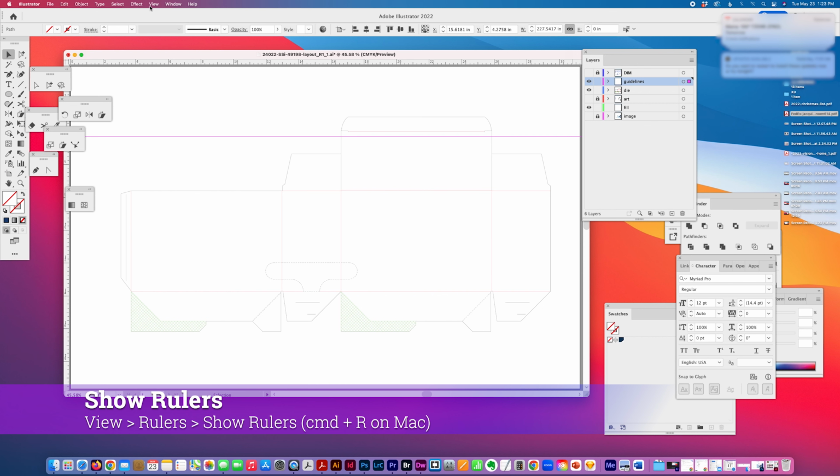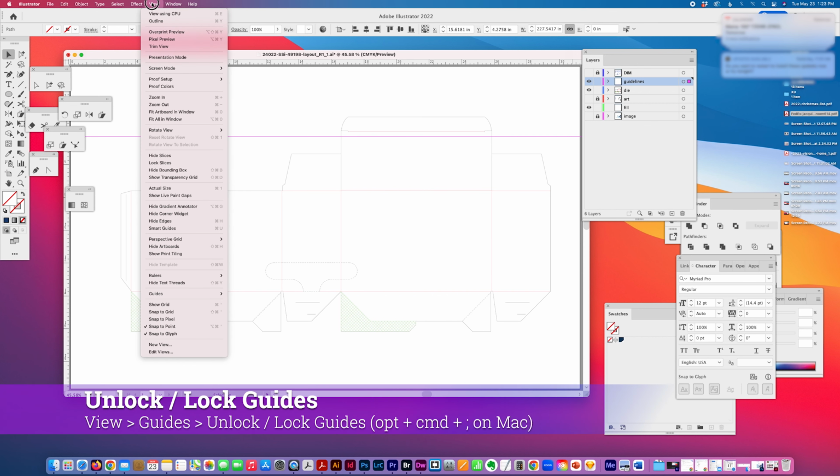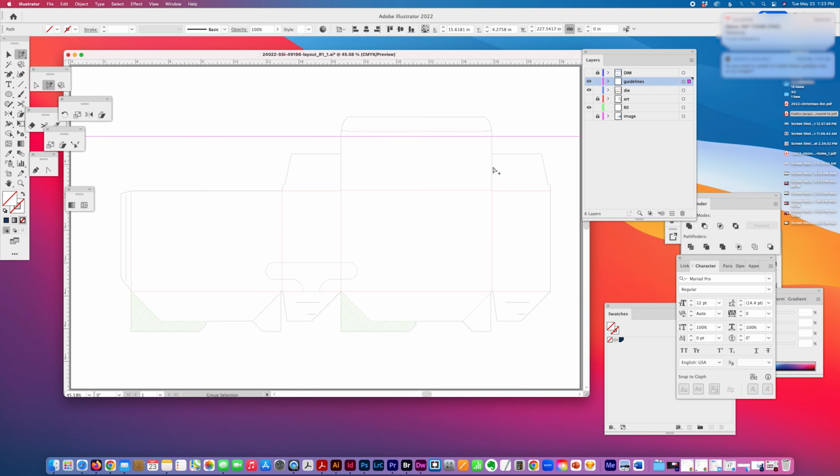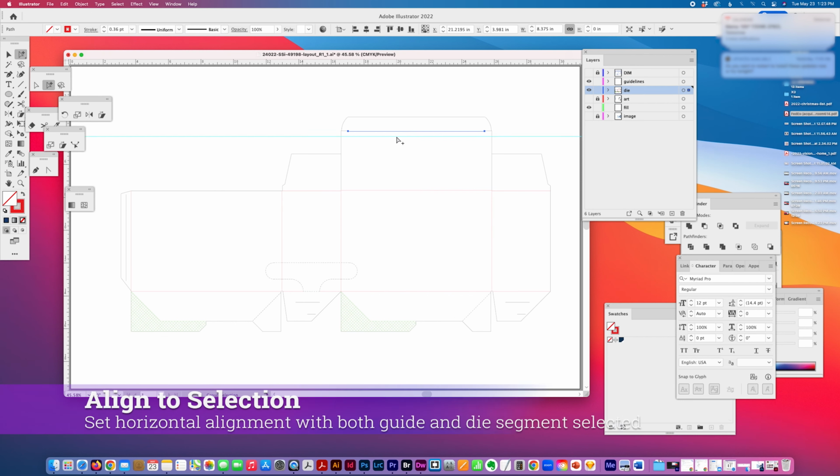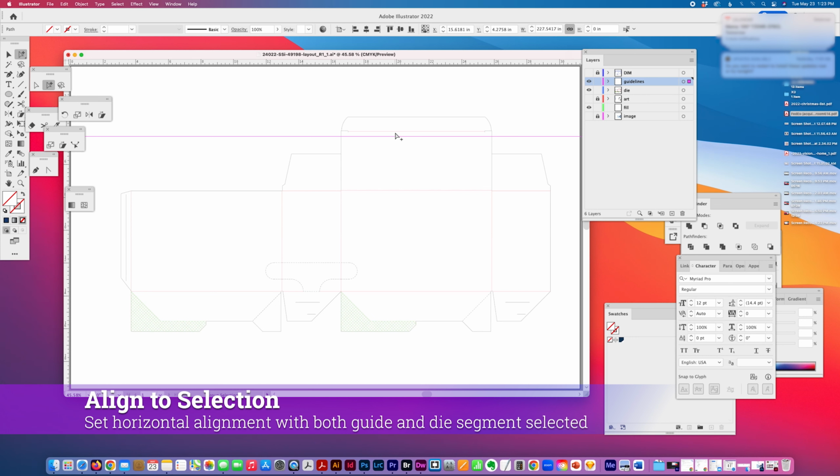And I make sure that my guidelines are unlocked. View, Guides, I unlock them. So that's a toggle lock, unlock guides. And then I select the die. I have all my lines on a separate die layer. And so I select that and I select my guideline and I align them,